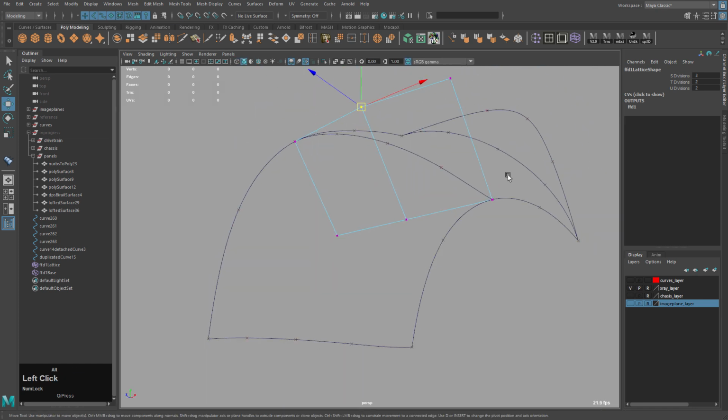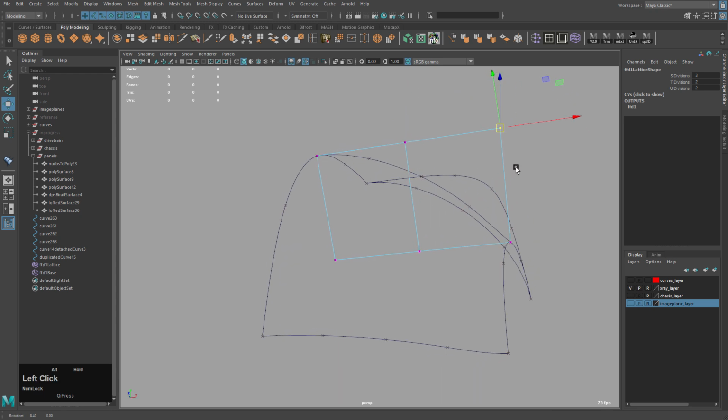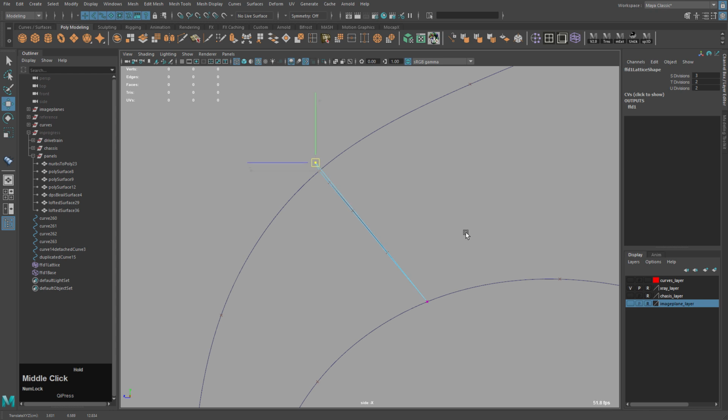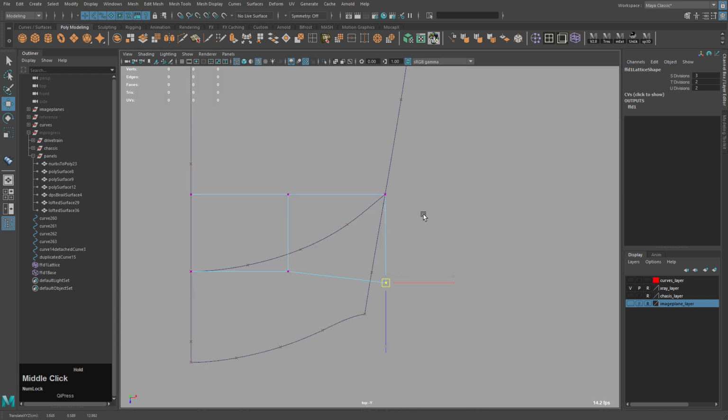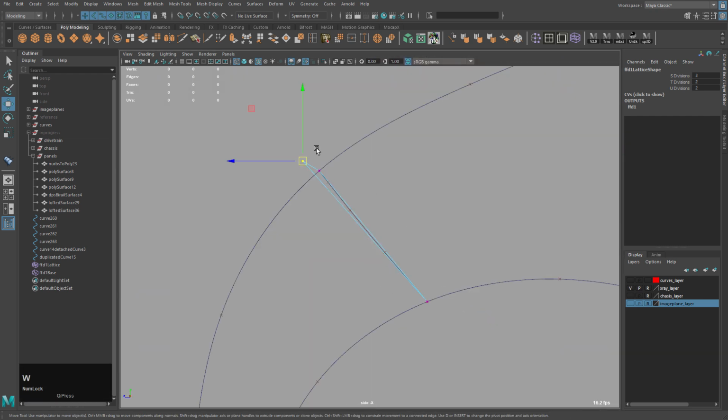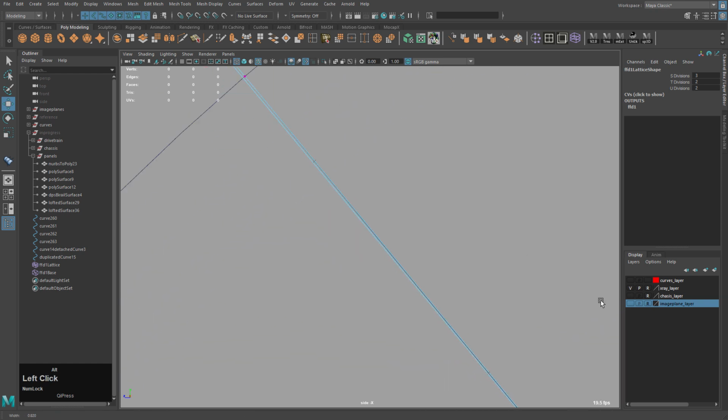And then I can select, let's say, just this lattice point and move it in this direction. We can see how I can adjust it. I don't want to move this one because I have tangency across the center here, meaning that if I move this, I create like an M shape. Don't want that. But if I move this one, it's hard. I'll need to move it a lot to break the tangency. So if I just move it a little bit, I can try and get a smoother curve here. I'm going to line it up like this. I can zoom in, just kind of line this up, like that.